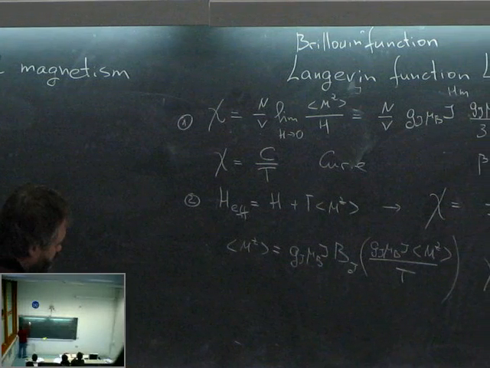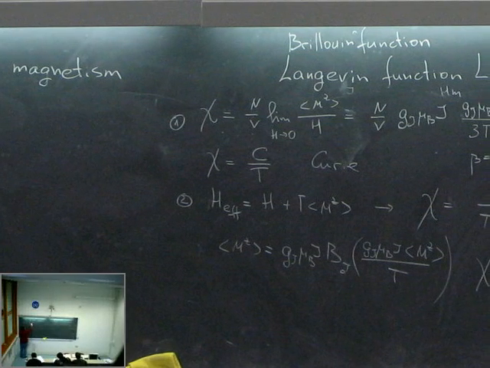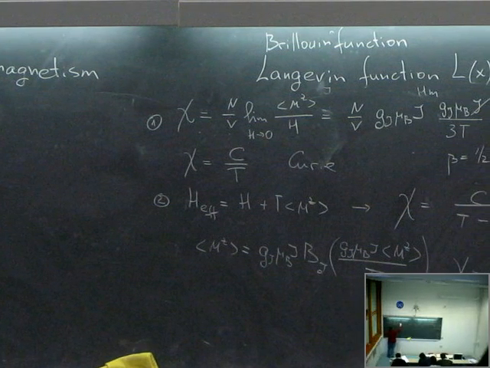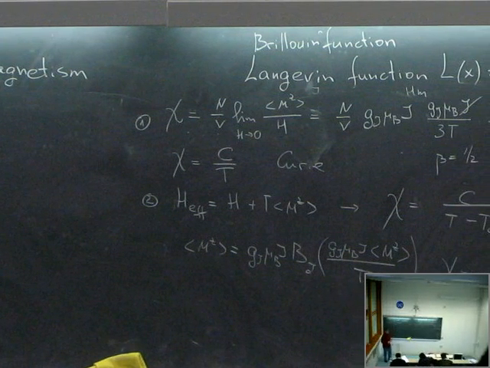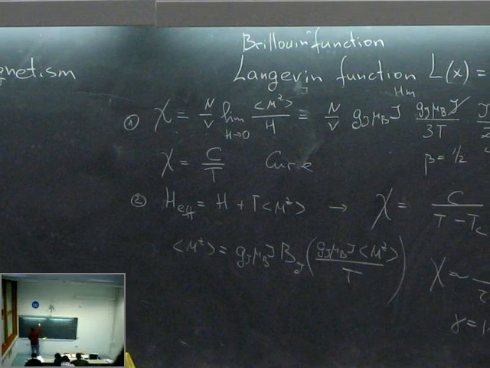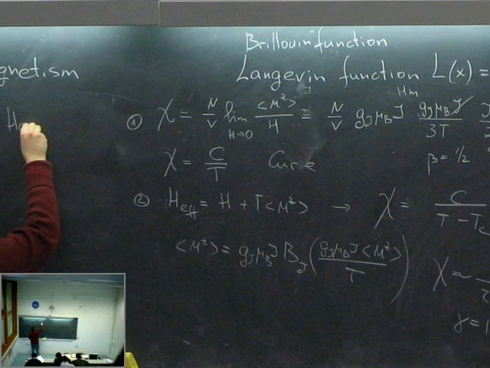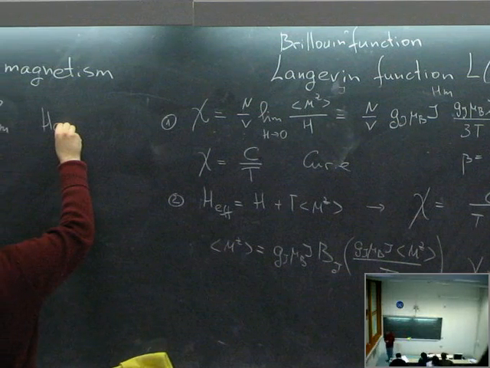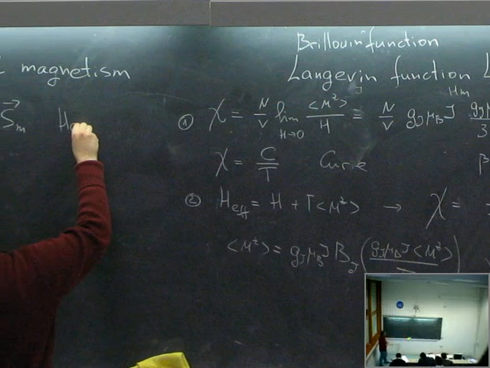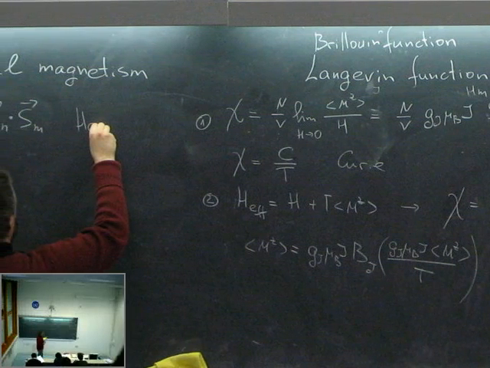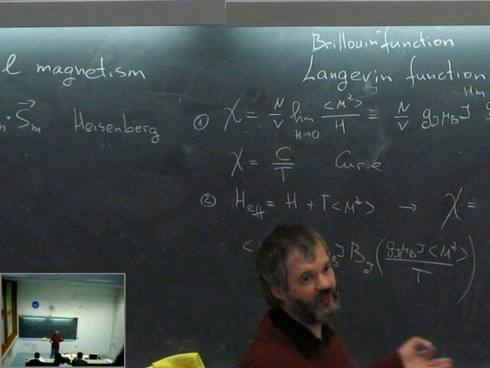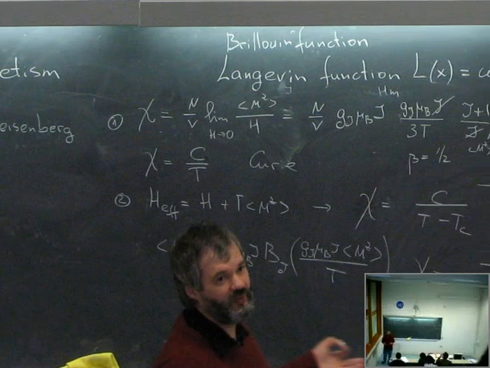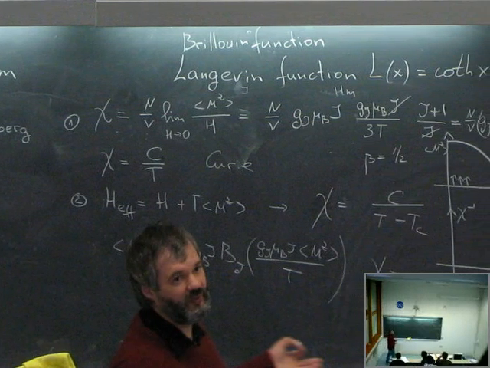And I will write the Hamiltonian in such a way that this is J_nm S_n dot S_m. And this is a Heisenberg Hamiltonian. Well, there are many arguments to convince ourselves that this is the simplest one. One can derive this Hamiltonian